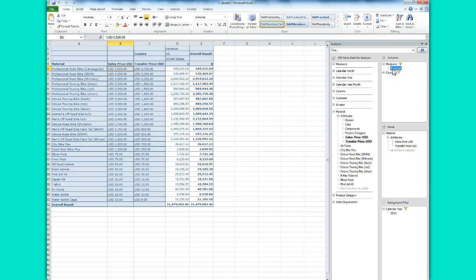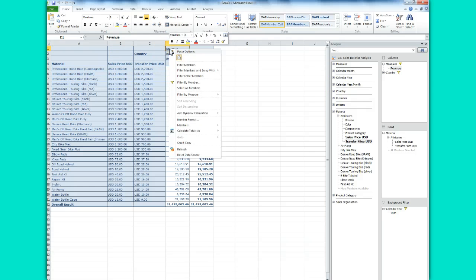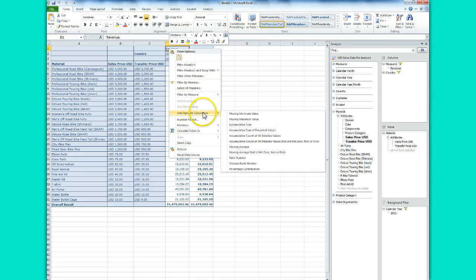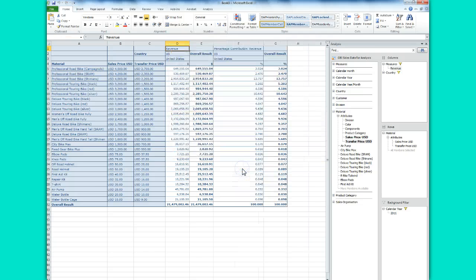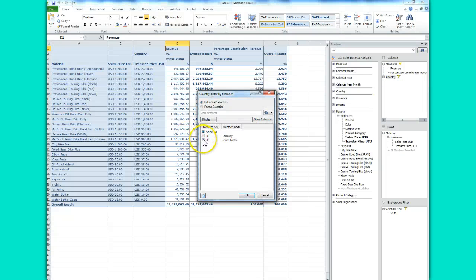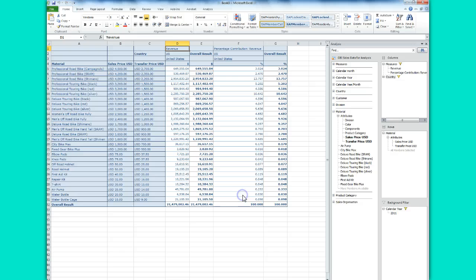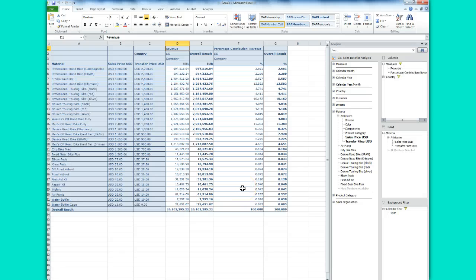Okay, in the revenue, I have to add dynamic calculation and percentage contribution. I have to do that, and then I believe I have to include Germany here, and then I can see